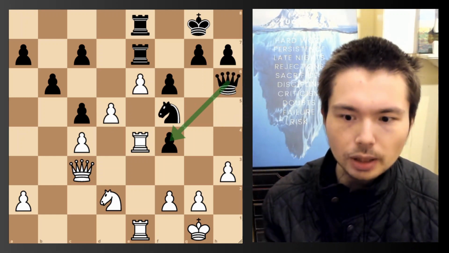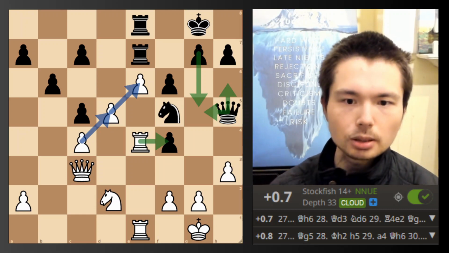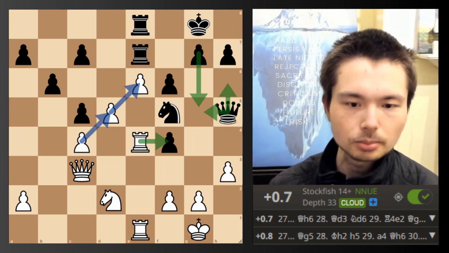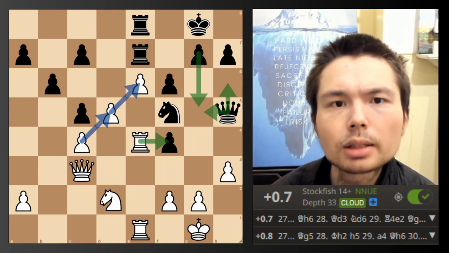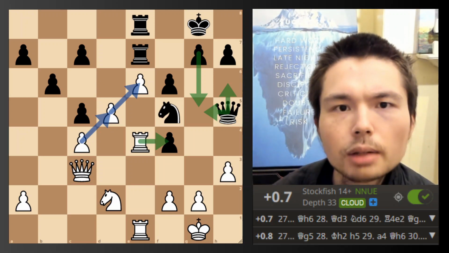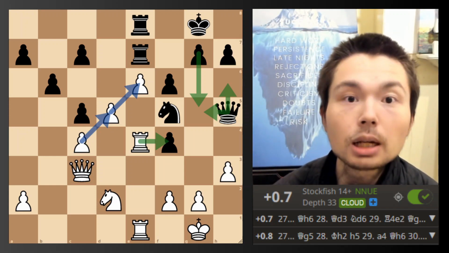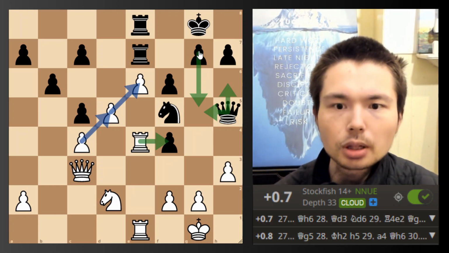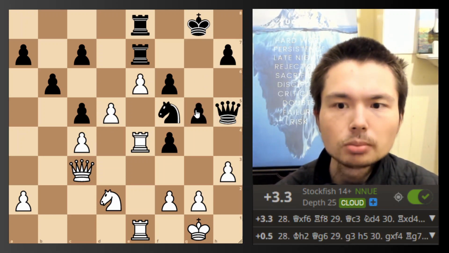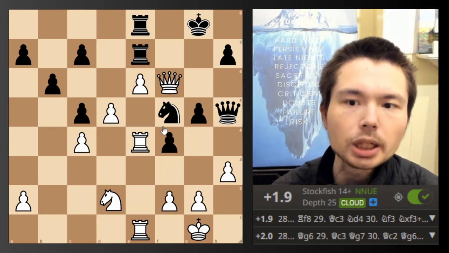So queen there defends. All right, here's another key moment because I was not looking. Now, white's a little bit better, but nothing to worry about. Plus 0.7 doesn't matter. Don't even look at this number if it is less or more than 1. So anything plus 1 or minus 1, you look at it. Here, watch this, guys. You see this arrow? Wrong. And it just shoots down. Plus 3.3,